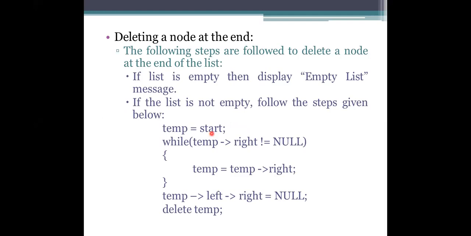And coming to the node at the end. As I said, for each and every method, we need to check whether it is an empty list or not. If it is an empty list, we won't perform any action like deletion. If it is not like that, we need to consider the processing. So here, which node do I have to delete? The temporary variable is specified as the start. Whenever a temporary variable's right pointer is null, that one has to be deleted.